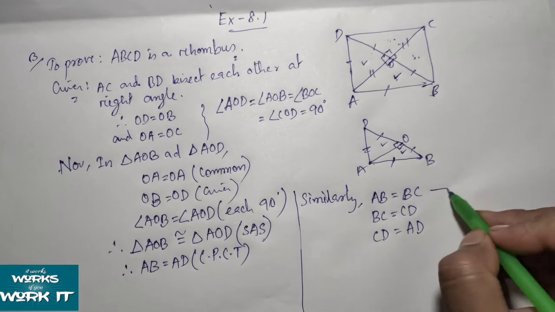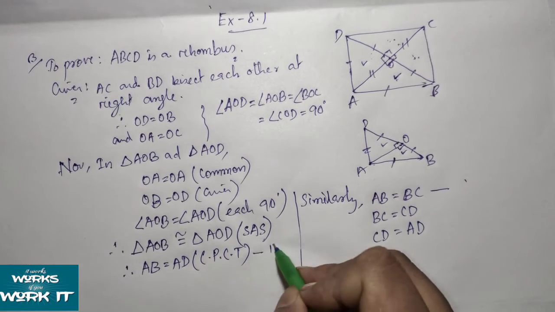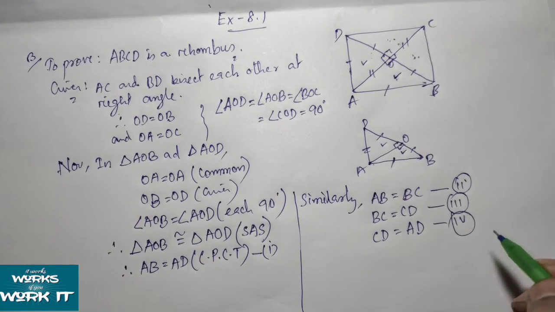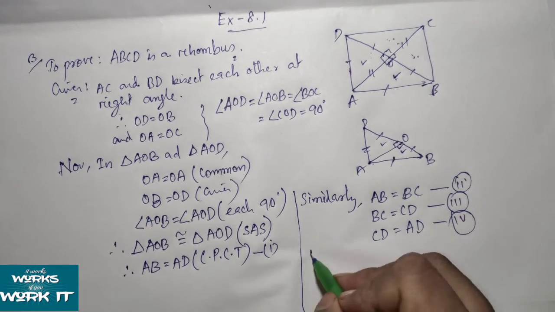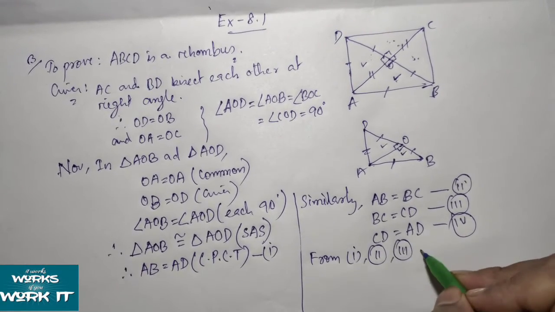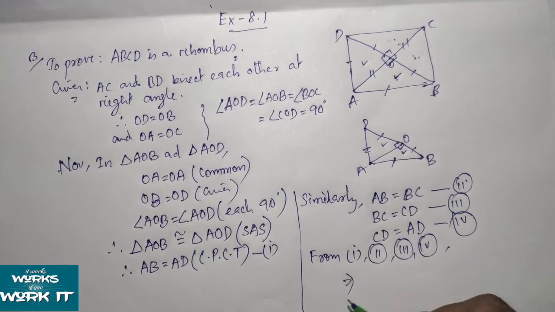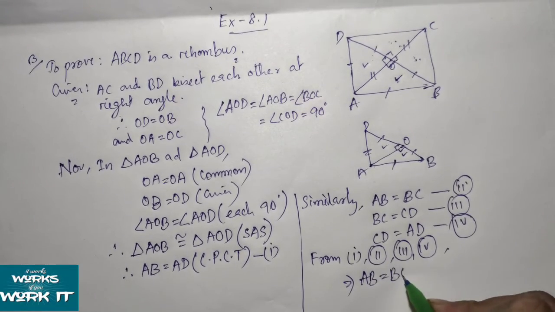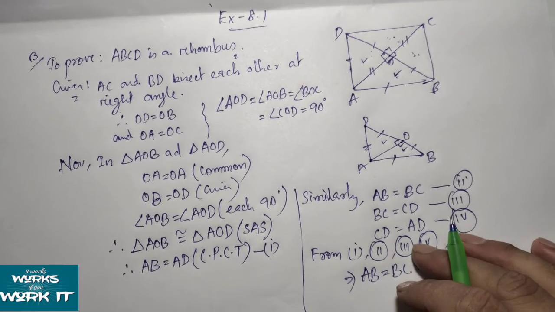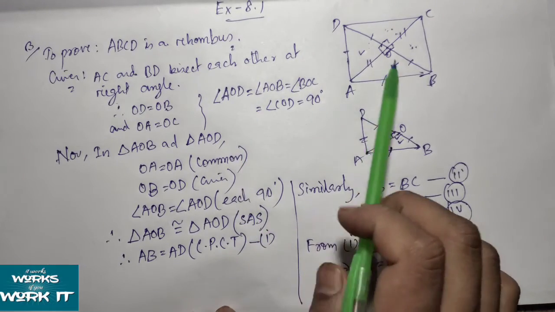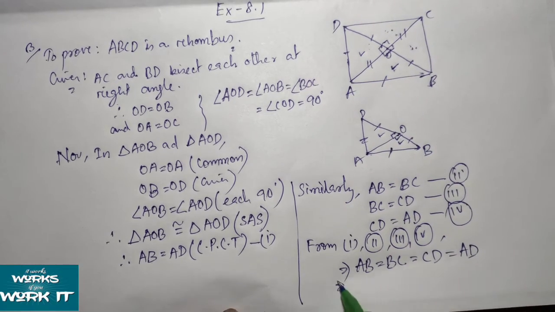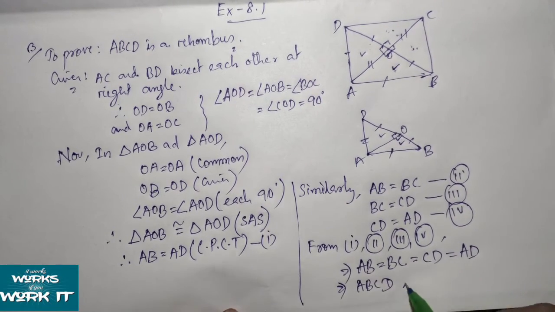Okay, so this one you can take as 1, this one as 2, this one as 3, this one as 4. So using all four, from 1, 2, 3 and 4, what can we get? AB is equal to BC, BC is equal to CD, and CD is equal to AD. So what was our motive? To show ABCD is a rhombus, and once we have shown all the sides are equal, directly we can write ABCD is a